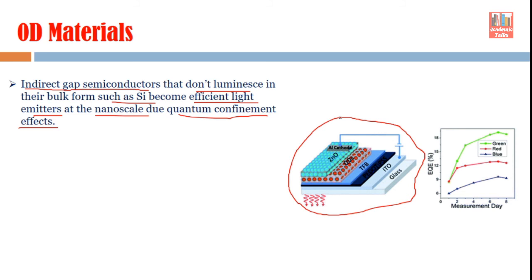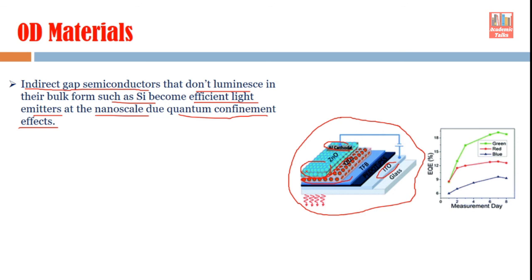But here what we are doing, you can see here these red dots are quantum dots, right? And on the top there is ZnO. This ZnO is also a dotted structure. So, there also quantum dots exist. So, these two materials are made of quantum dots, and when this type of combination is used, you can see on the top there is an aluminum cathode, and on the bottom there is an ITO glass. So, they are electrodes actually. So, we have a junction here, and this junction is formed with the help of quantum dots,